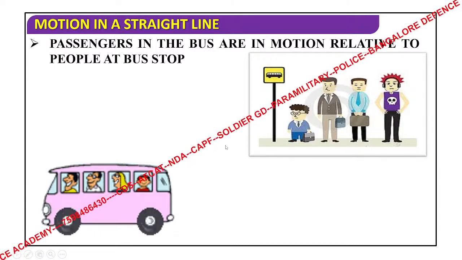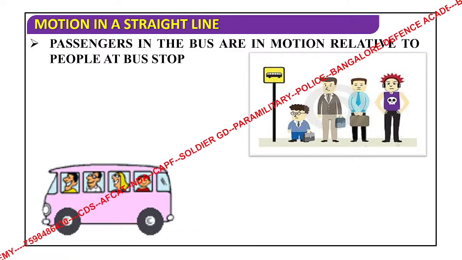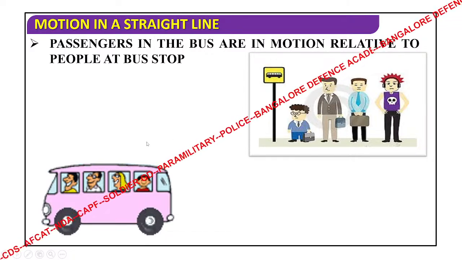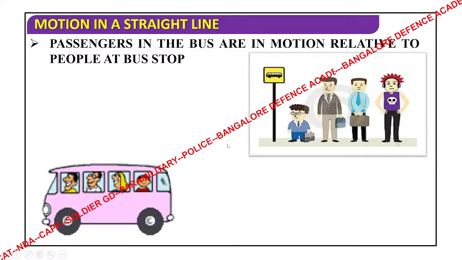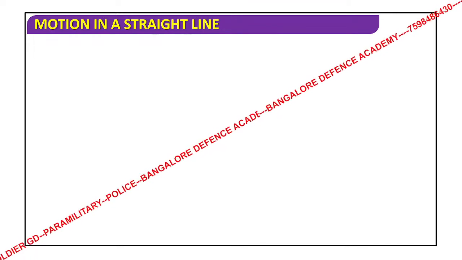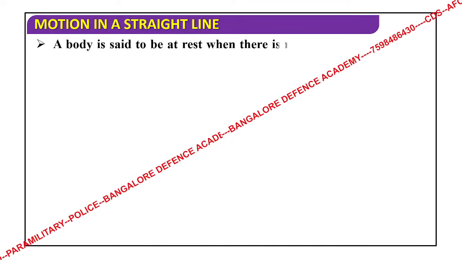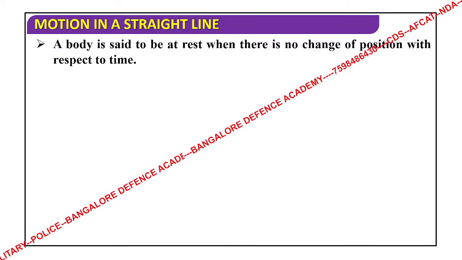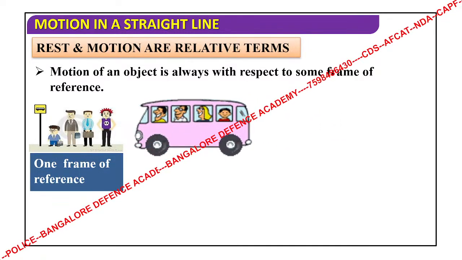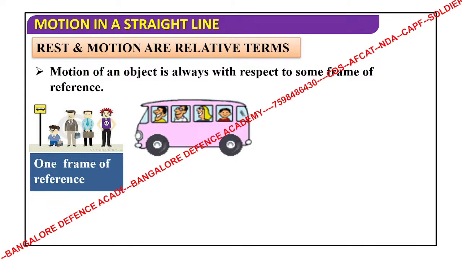motion. So it all depends on your relative position. I'm going to compare. Okay, whatever objects I'm going to take, A and B, I'm going to compare and just check whether they are in motion. Got it? Next, what is rest? A body is said to be at rest when there is no change of position with respect to the bus, and the bus is moving in a particular direction. Okay, so now here